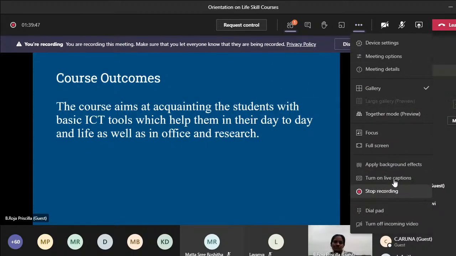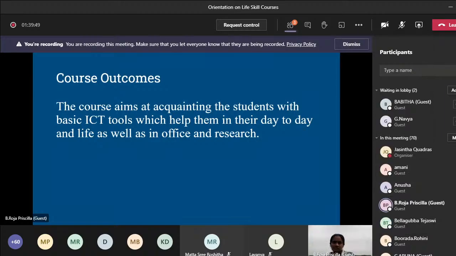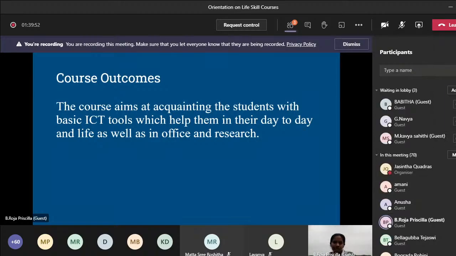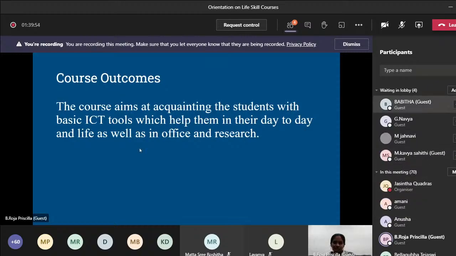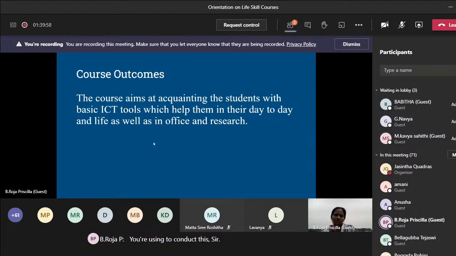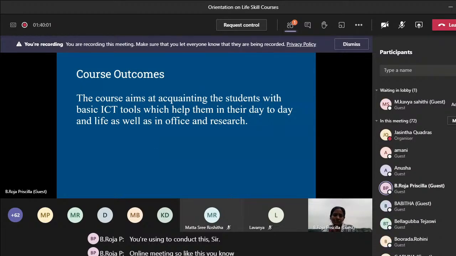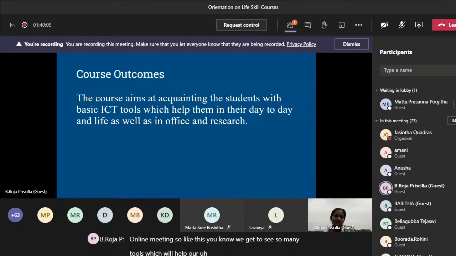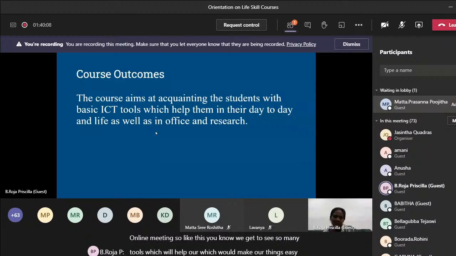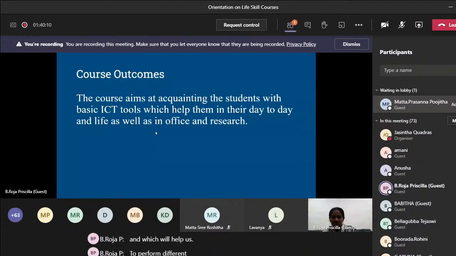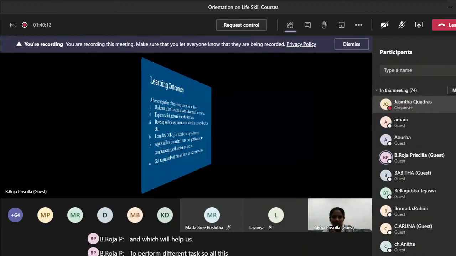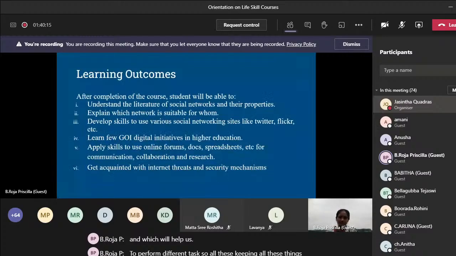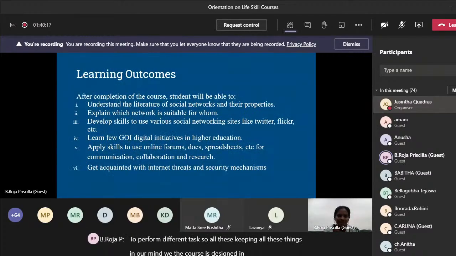For example, the tool that we are using is MS Office, Microsoft Teams. This is one application which we are using to conduct this online meeting. So like this, we get to see so many tools which will make our things easy and help us to perform different tasks. So keeping all these things in mind, the course is designed in such a way that the student will get